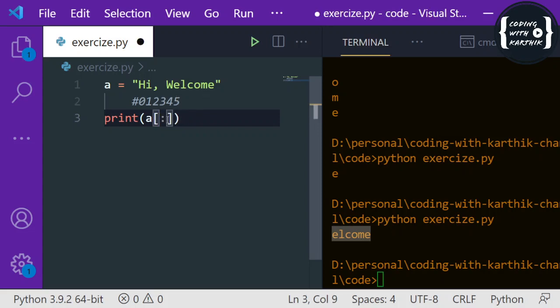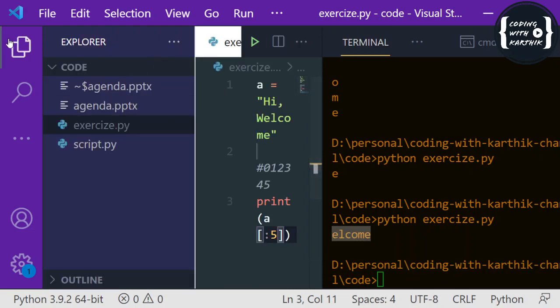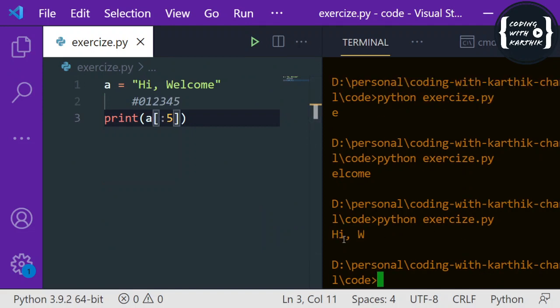And let's say if you want to access from the start of the string till a specific index, then we can use this way, colon 5. If I run this, see, it is getting from the start of the string till the specific index we have mentioned. So it is the same as the list. We have to use the colon with that index. That's how we can slice the string. And similarly, if you want to access between two specific positions, then we can use this way, 2 colon 5. Let me do 2 colon 6.